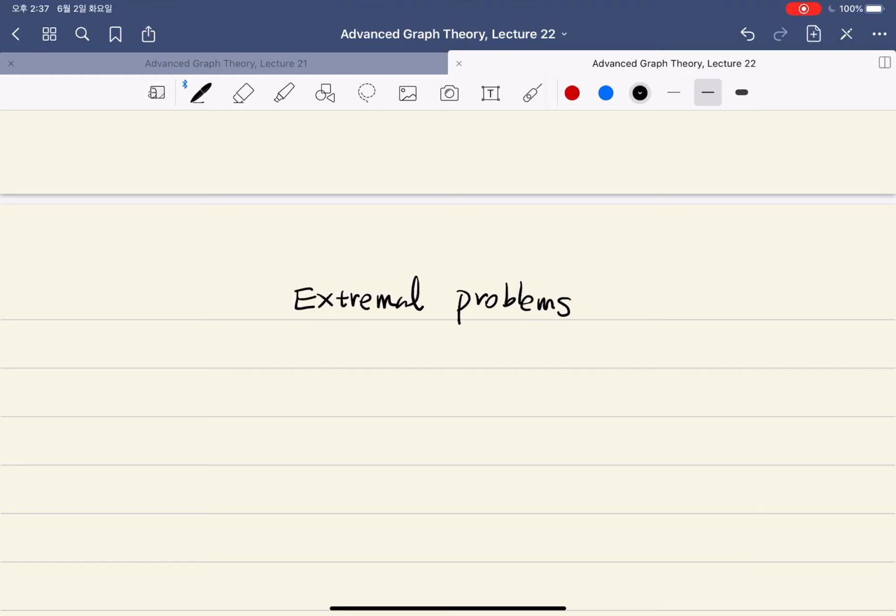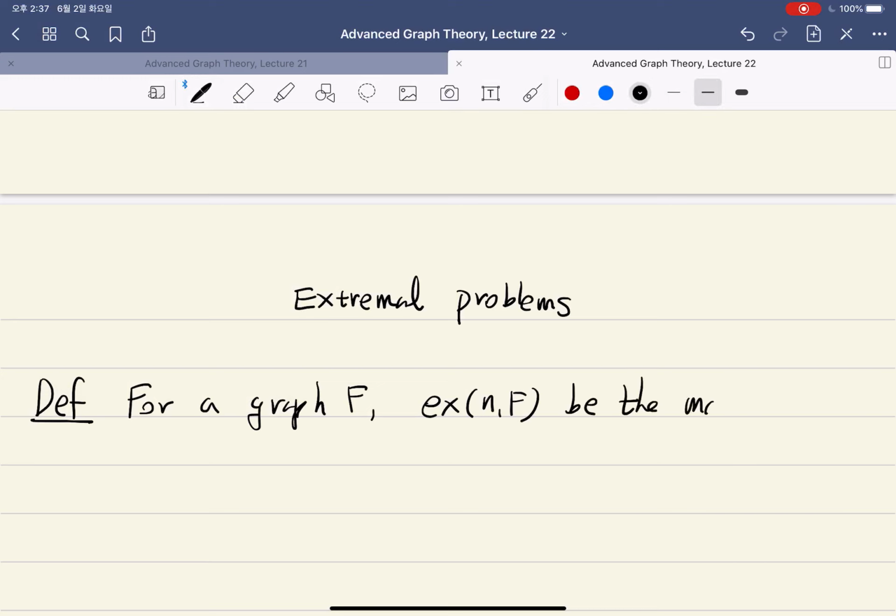So now we move to the new section dealing with extremal problems. In undergraduate graph theory, we define this extremal number, which is called the Turan number. For a given graph, say F, we define the extremal number of F as a function of n,